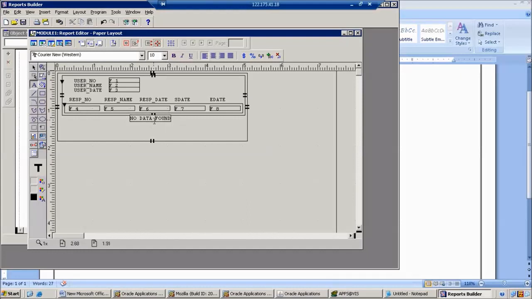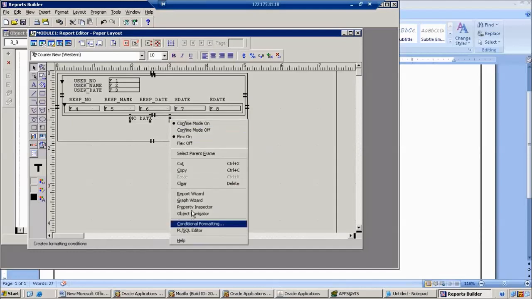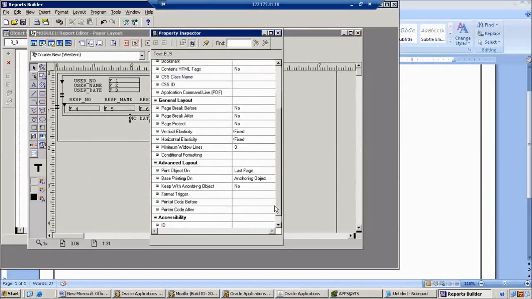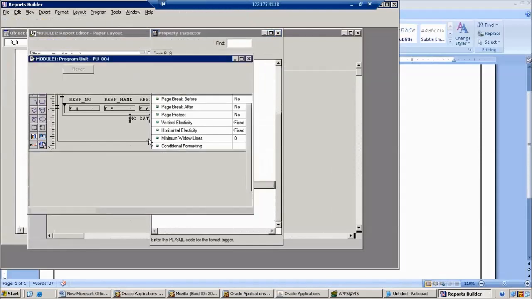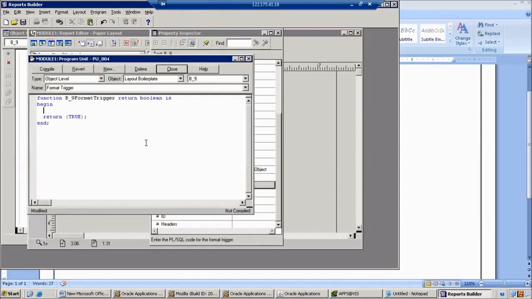Format trigger. Go to the property inspector. Here we have a format trigger. Here we can write the condition: if CS1 equal to 0, then return true, else return false, and end if.